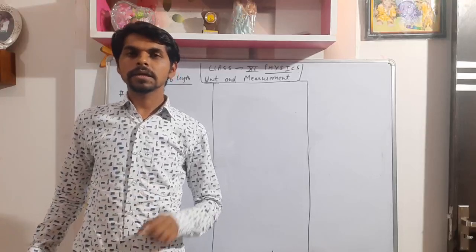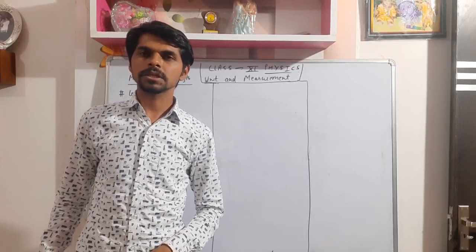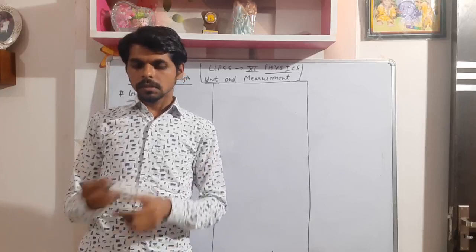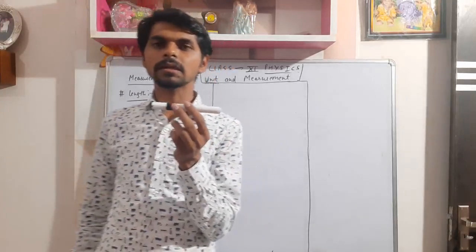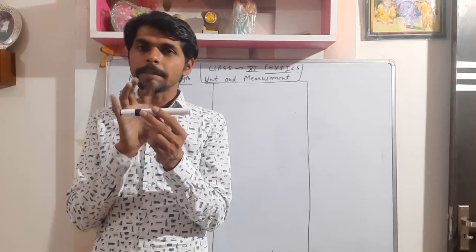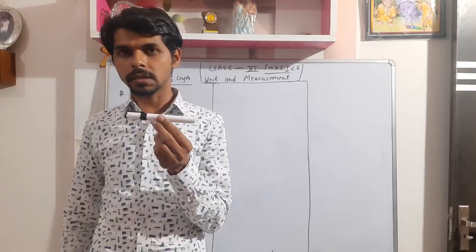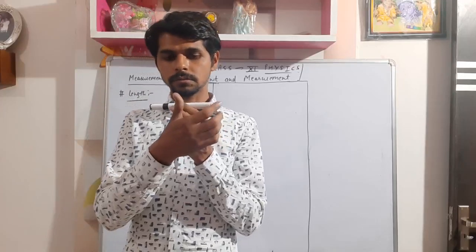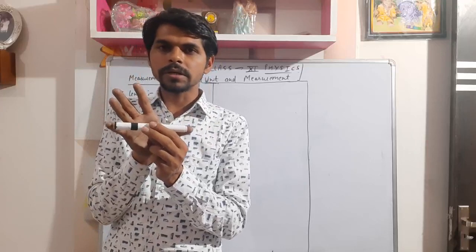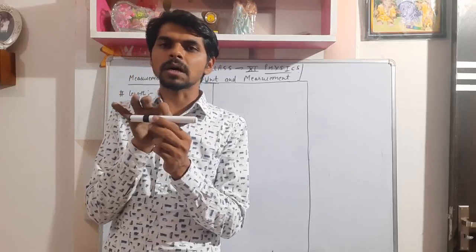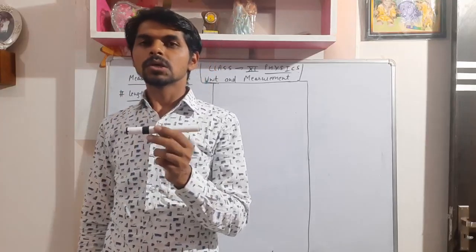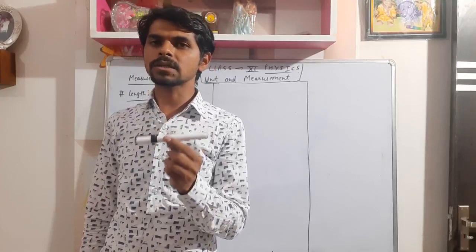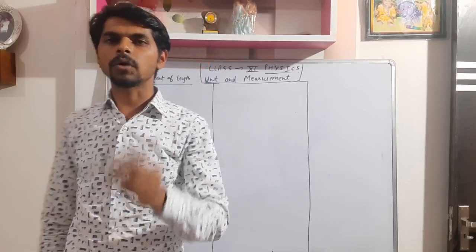Length is the distance between 2 points. Distance between the two extreme points. Extreme on the corner. This is the marker. We have to calculate the length. It means how can we define the length? Measure can be done, but how can we define the length? Length means two extreme points. One point is this, one point is this of this marker. These are the two extreme points. Distance between two extreme points of this marker is called its length. So length is the distance between two extreme points of a body.